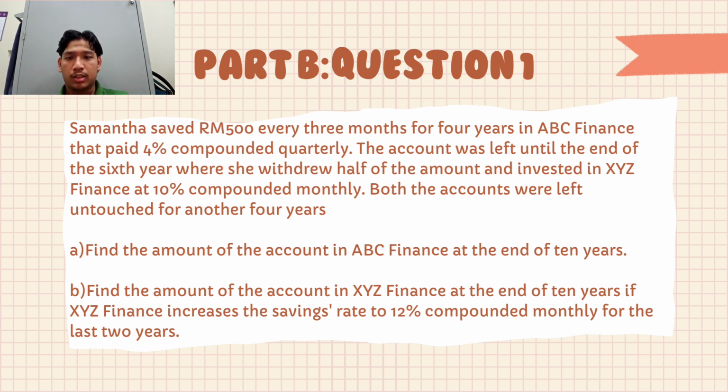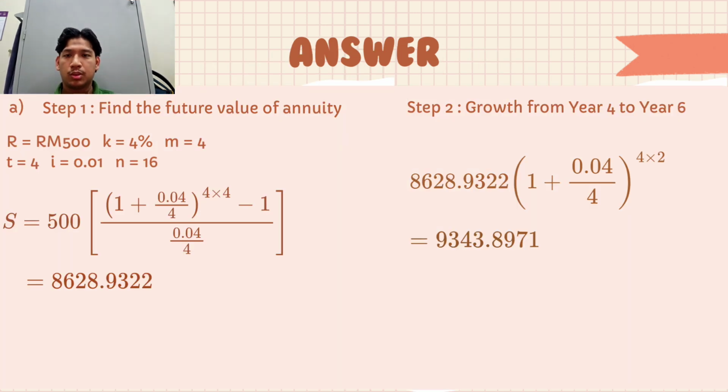Both the accounts were left untouched for another 4 years. Question A. Find the amount of the account in ABC Finance at the end of 10 years. Question B. Find the amount of the account in XYZ Finance at the end of 10 years, if XYZ Finance increases the savings rate to 12% compounded monthly for the last 2 years. So the first step is we need to find the future value of